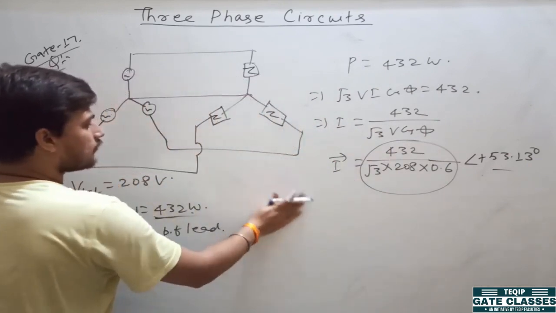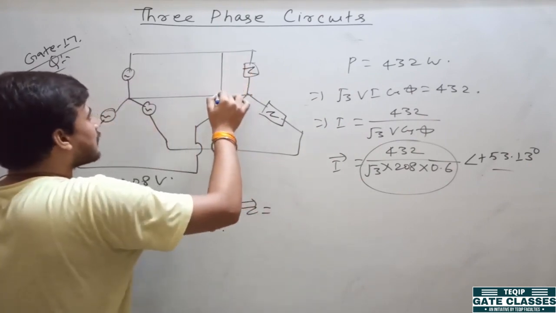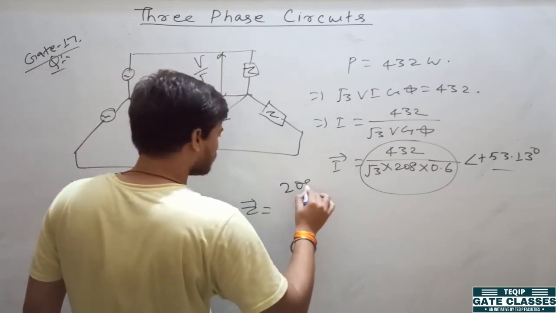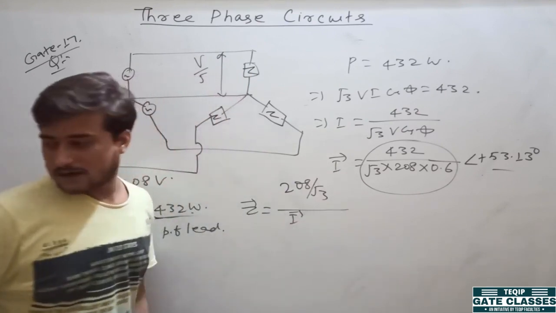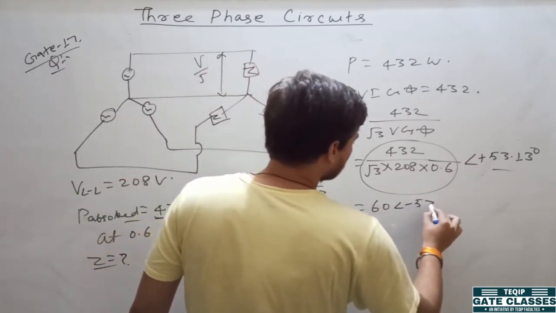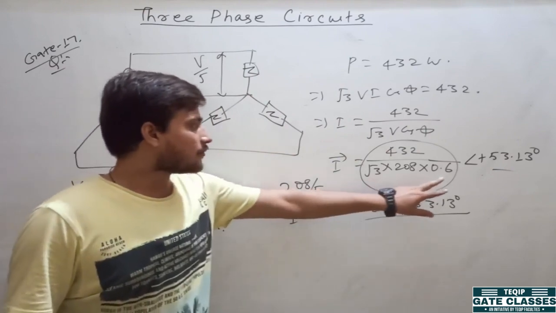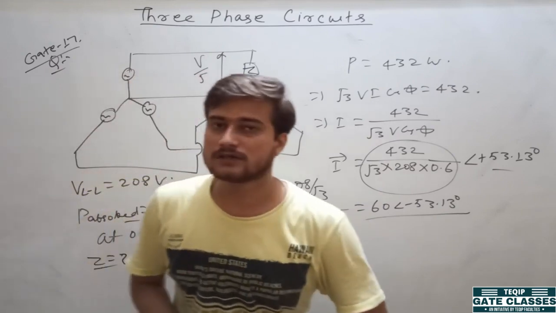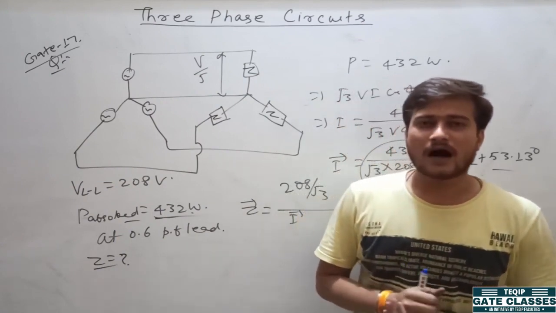Now to find Z, this is a balanced system, so the voltage will be V by root 3, that is 208 divided by root 3, divided by the current I in vector form. So from here you get 60 at the angle minus 53.13 degree. Clear? Because I comes in the denominator, the angle when it comes to the numerator becomes minus 53.13 degree. By this way you can solve the questions asked in the GATE examination